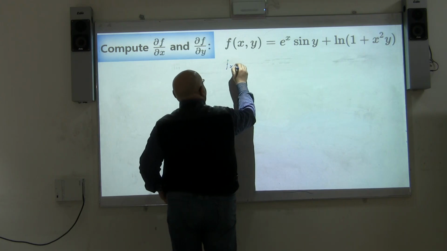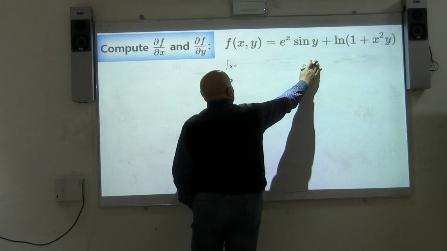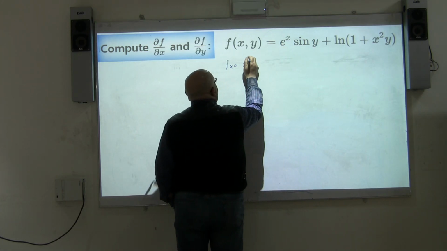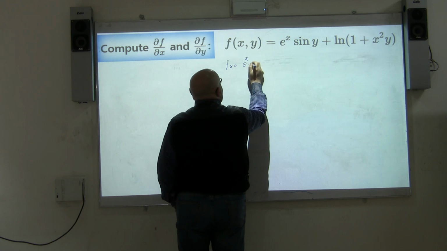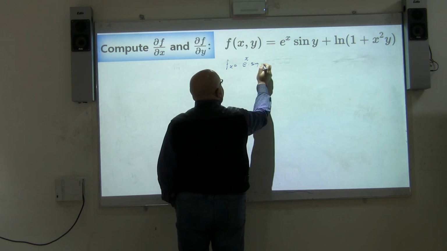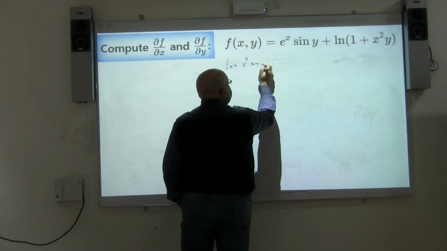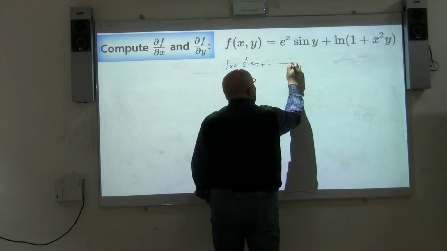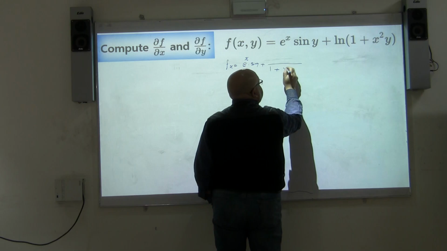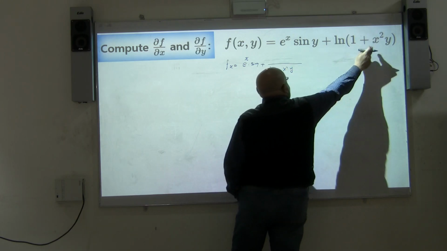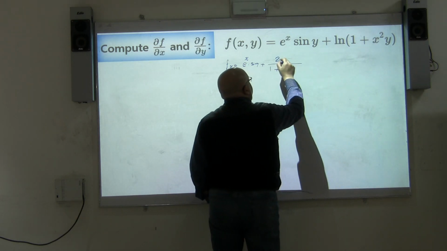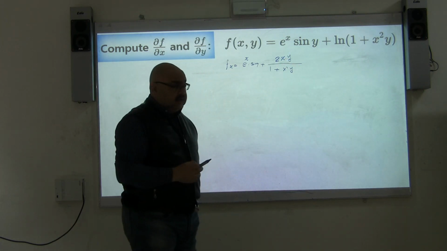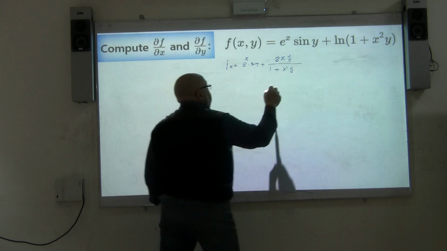So if I want to get f sub x, I will differentiate with respect to x. For e to the power of x, the derivative will be e to the power of x times 1. The second function, sine y, is a constant. Plus, I will start differentiating ln, which is going to be 1 over 1 plus x squared y. The derivative of x squared is going to be 2x times y, because y is constant. If I want to get f sub